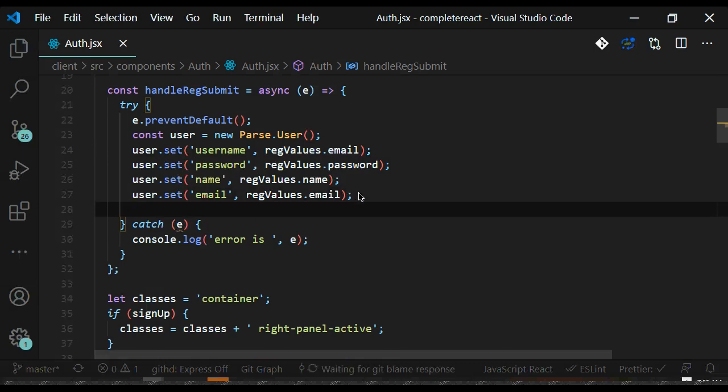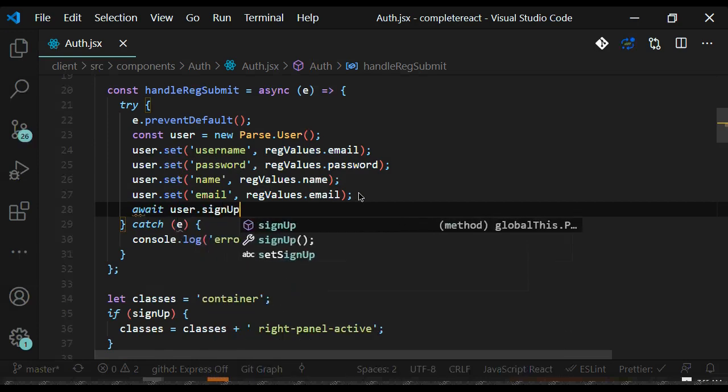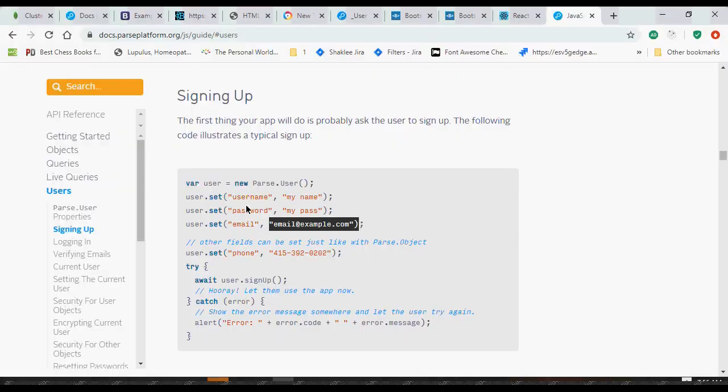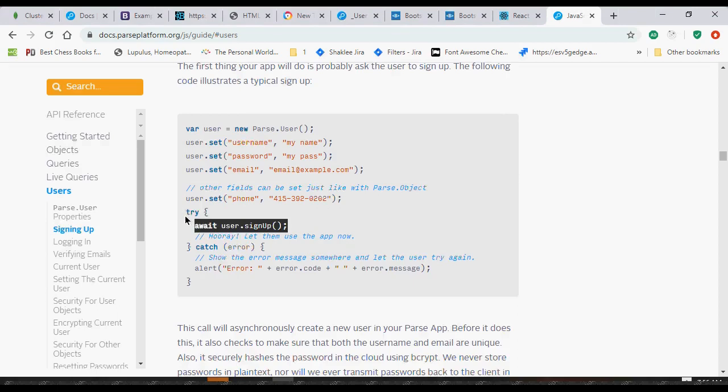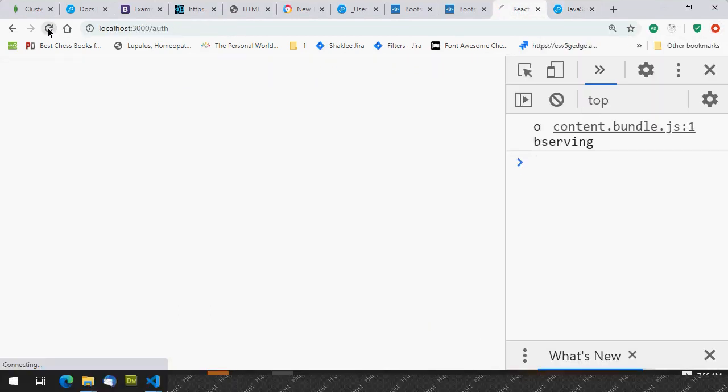I can now call await user dot sign up. So I call this sign up here, and like this, we can do sign up. They put try inside this, but we will do try in the whole block. So now, if I show you something here,